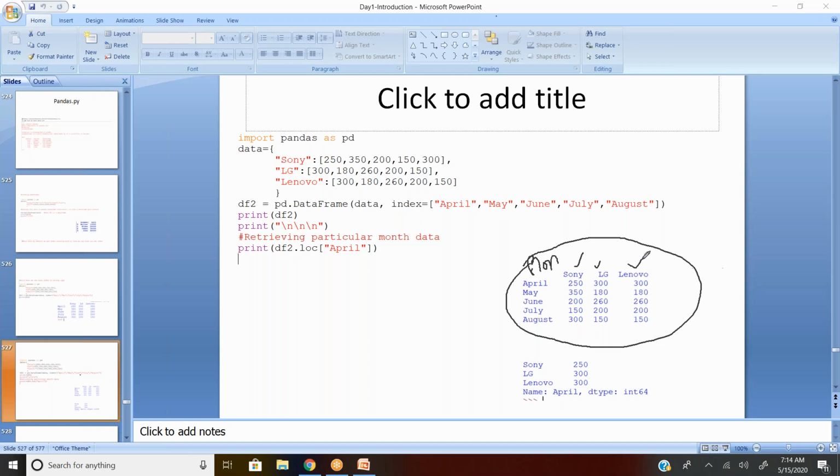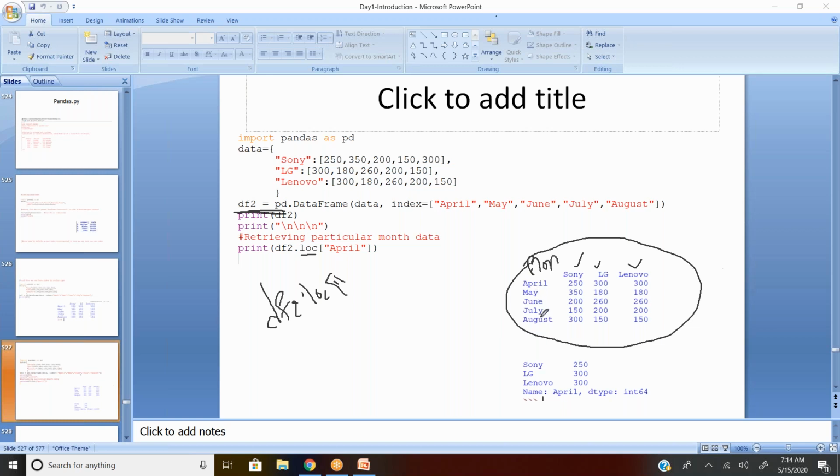So when you have a character, you have to use loc, LOC. On the data frame, where you created it, df2 is the data frame where you stored it. df2.loc, then give the row name.